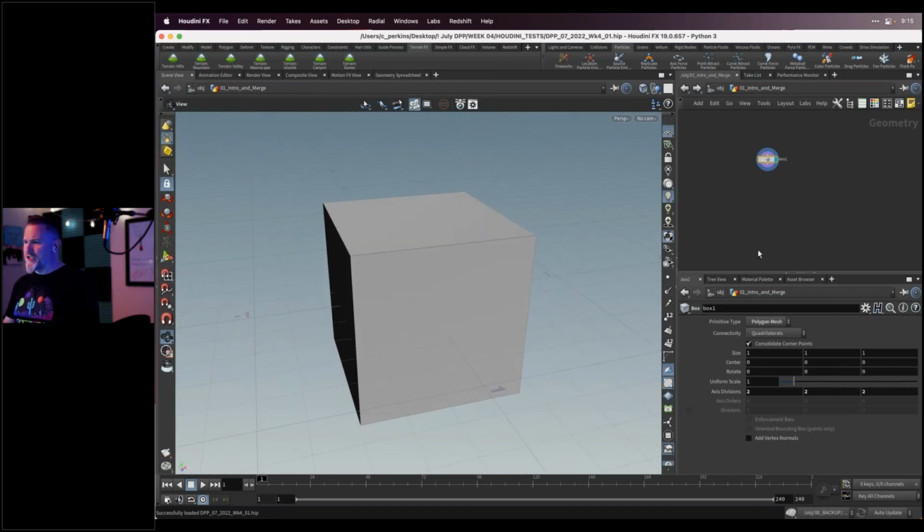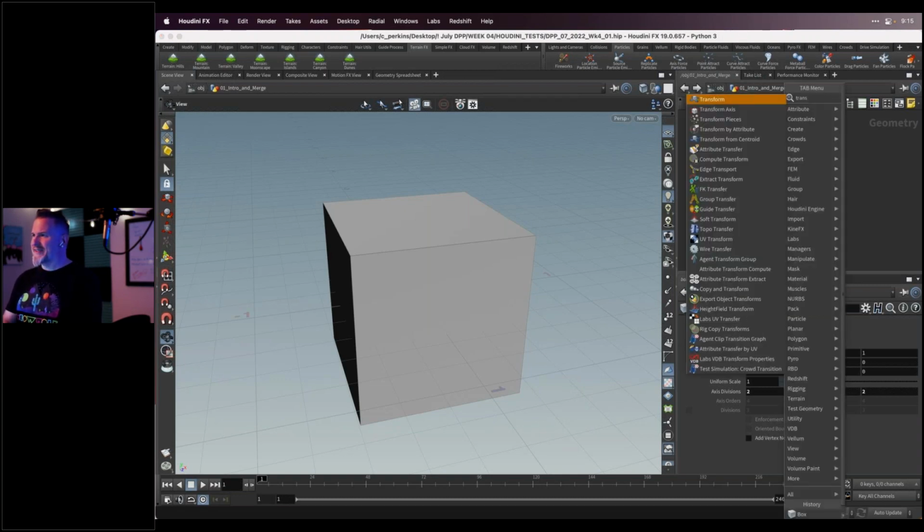And if I wanted to do something to it, I have some basic options here. But one of the things that's really common to do in Houdini is to separate the actions using other nodes. So rather than controlling the transformations here, it's very common to hit tab and add, let's say, a transform node. Now, you notice that when I hit enter to make the node, you have to hit enter again to place the node, and then you have to wire it up.